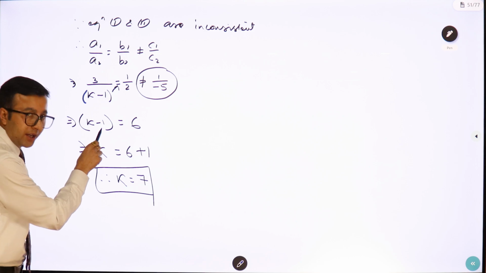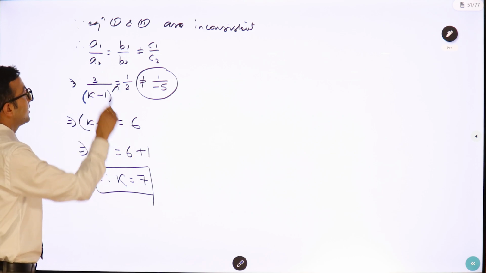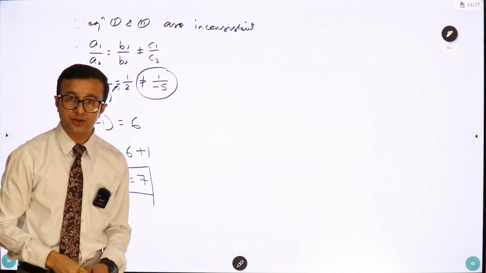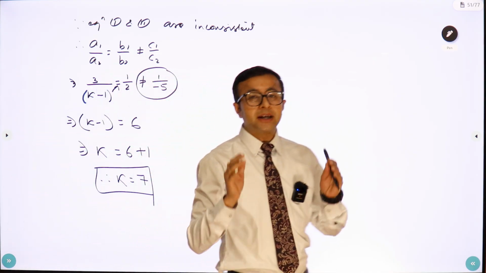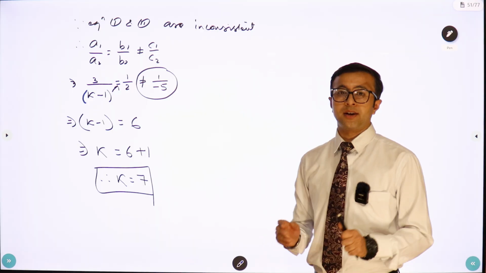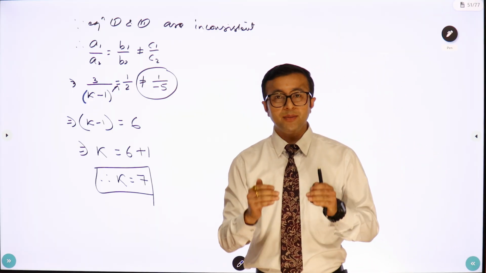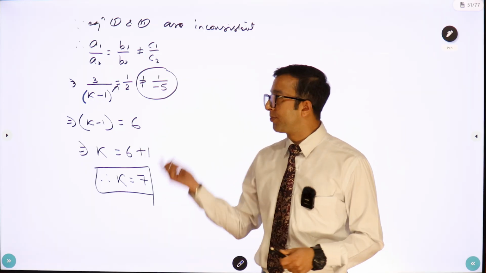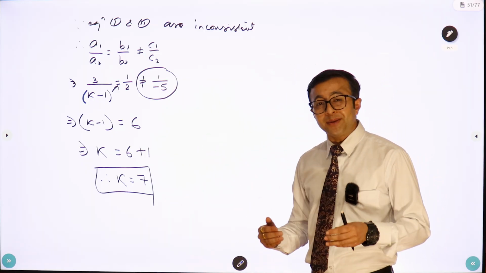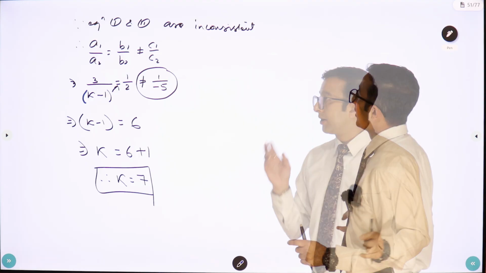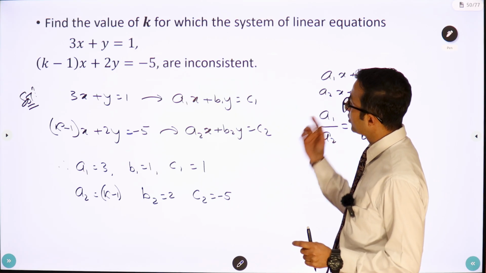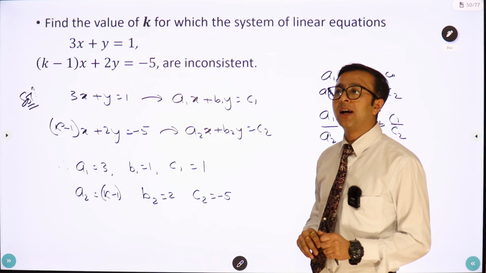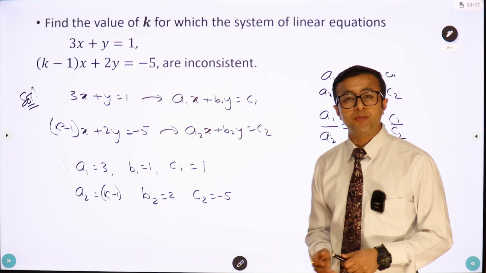So that's why we are having k minus 1, 3 2s are 6, another cross, then we will be getting 6. After calculation we are going to get that k is equal to 7. Now this problem is related to inconsistent. Sometimes the question may be asked as the lines are parallel, or the line represents parallel lines. Sometimes you may get inconsistent, sometimes you may get no solution. Under that condition you have to use the same concept to solve this problem. Hope it is clear to you all, and these types of problems are much expected in the CBSE board exam